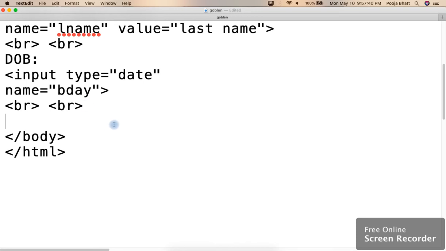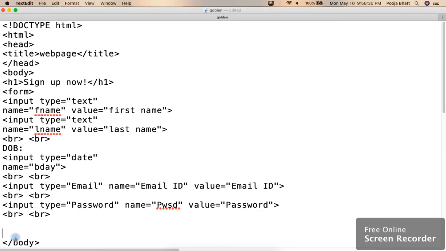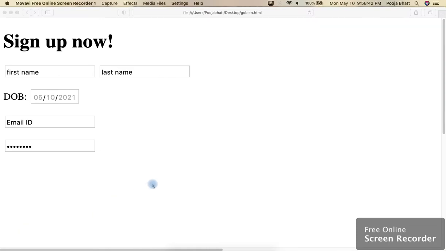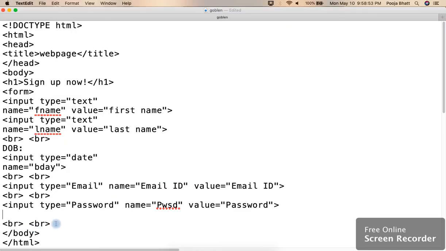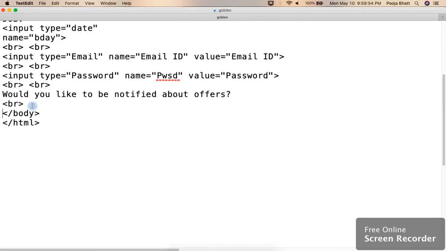we are going to write input type email. I will show you, and same for the password also, like this. And after this we'll write name, and same here for this also, input password like this. Okay, name, mail id, value, email id, so it will look like this. Okay, so it will come like this. Now next thing, here we'll write, would you like to be notified about offers? Okay, so our web page will look like this, and then again